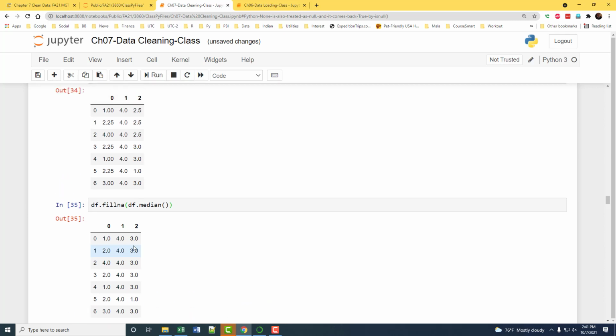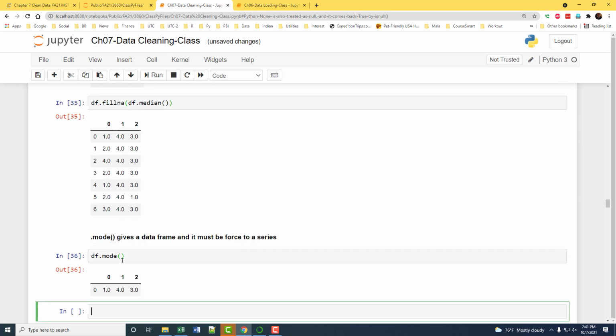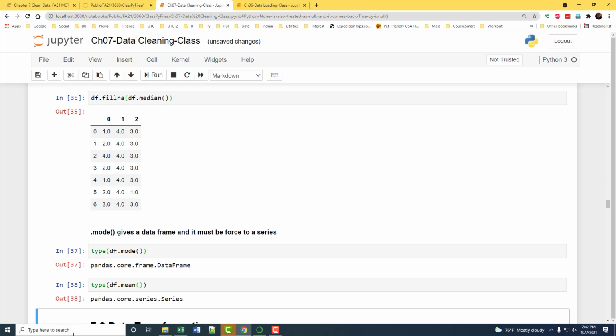So you see the difference is when you use df.mean, it gives you a series back. If you look at the type of df.mode, that's a data frame, whereas if you do df.mean, that's a series.